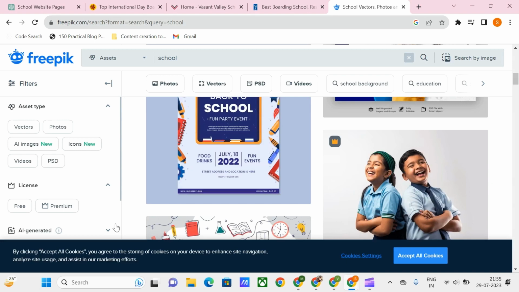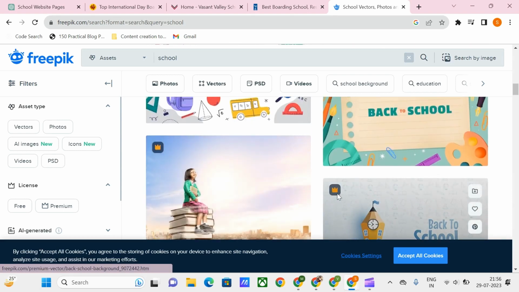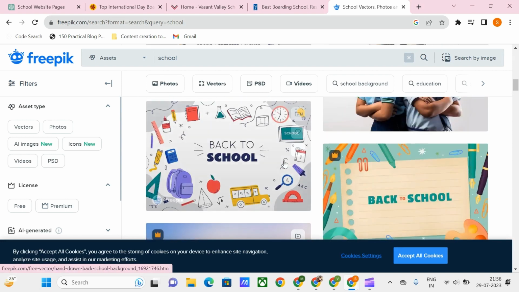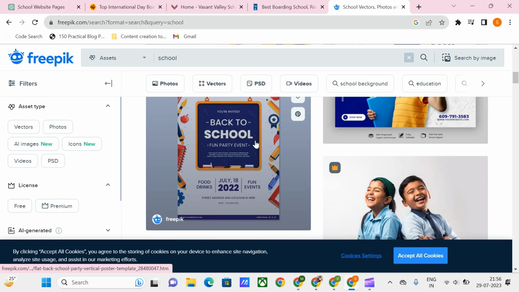So here we got these particular images, and the images with this mark are paid, and you can download the images without that mark for free. From here you can get these images, and getting back,